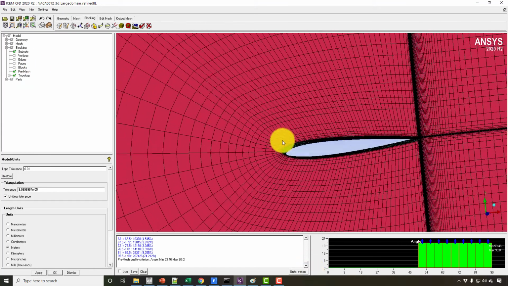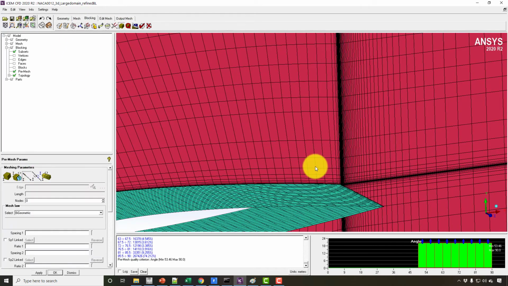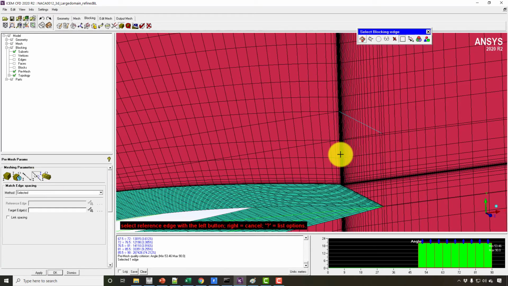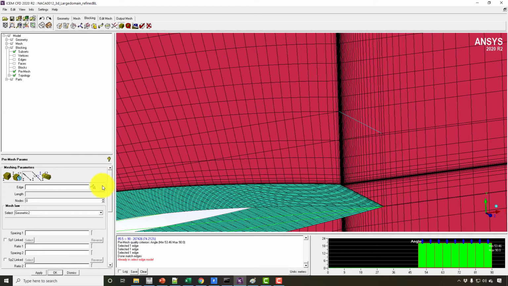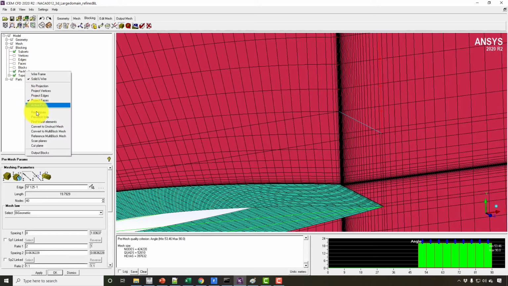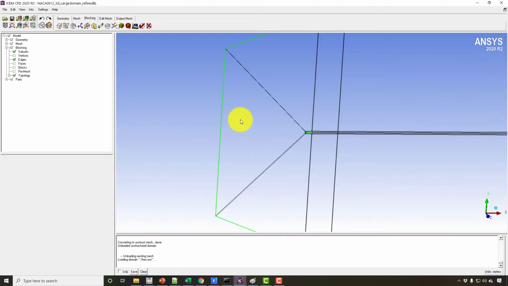Okay, so the last thing is that I can change the number of nodes, instead of 20, maybe to 26, and copy these parameters to the parallel edges also, then apply them on all the edges on all the blocks, and then recompute. The number of nodes is slightly decreased. So I will run this simulation, and in the same video I will tell you what is happening with the new mesh.